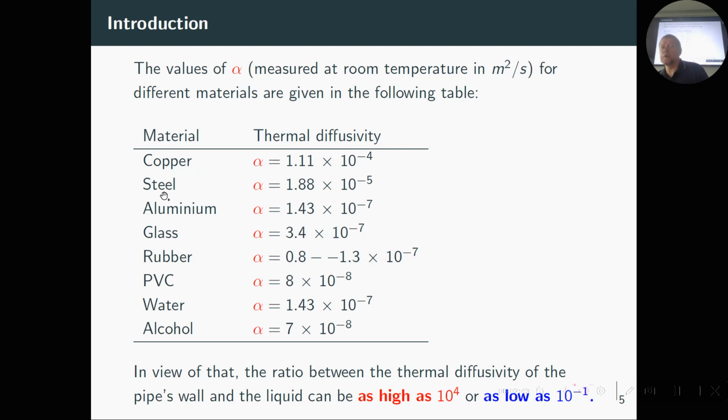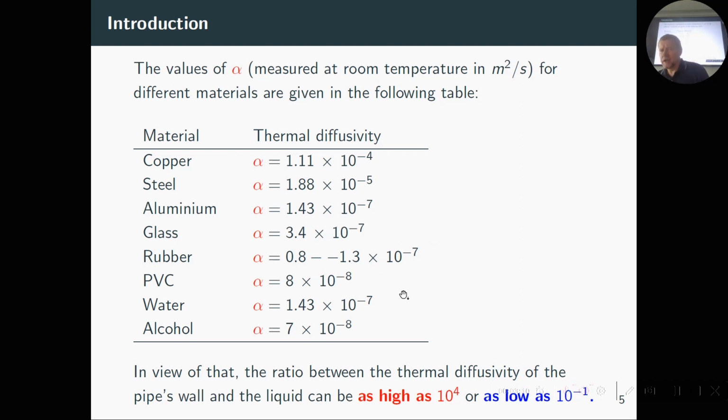For example, if you have a copper pipe, it would be of order 10 to the minus 4 because copper is highly conductive. Steel 10 to the minus 5, so a little bit less. But if it's aluminum, it would be 10 to the minus 7. For example, if it's a PVC, it's almost isolating, so 10 to the minus 8